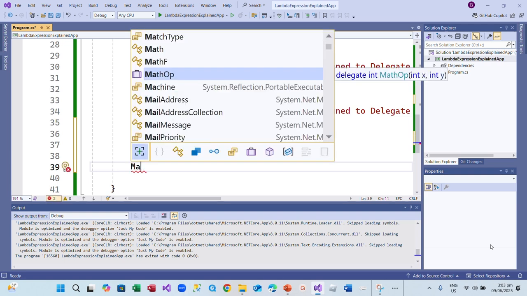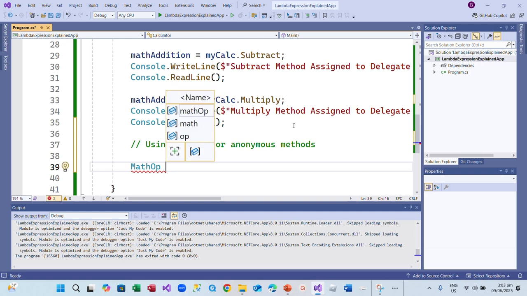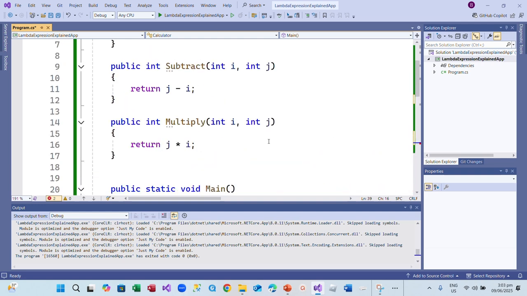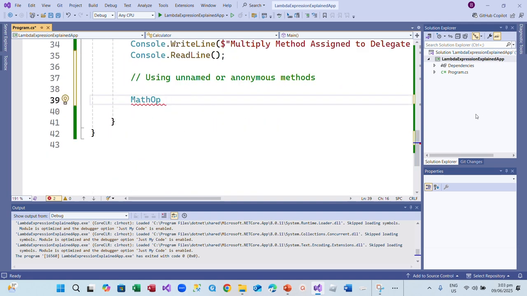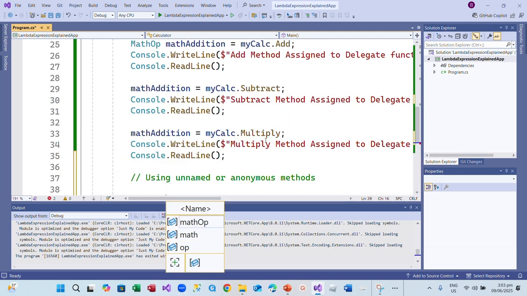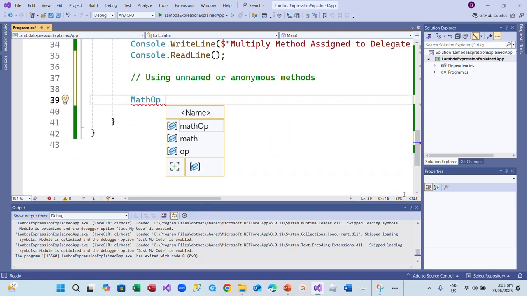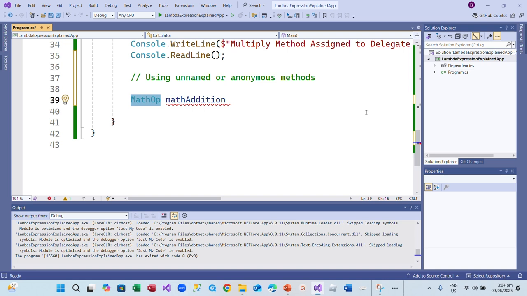Sorry, not lambda, our delegate is markup, right? Yeah, markup. So we now give a variable. So what did we call our variable before? We called it addition or something. What did we call it? Math addition. So we can actually see, if we try to do math addition, see what is going to happen. So it's not taking it. Okay, I think we can actually still use it like this. So math addition,